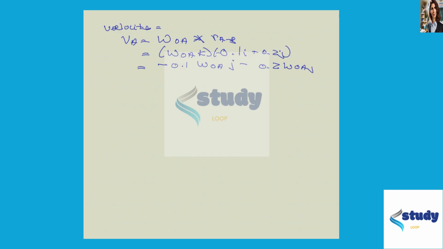I did that wrong. J, and this is I. There we go. And for VB, this will be equal to negative pi K times 0.05 J,